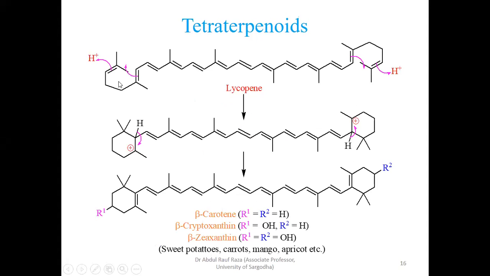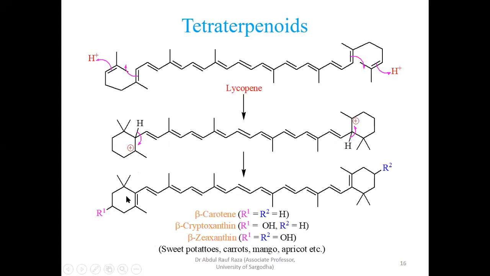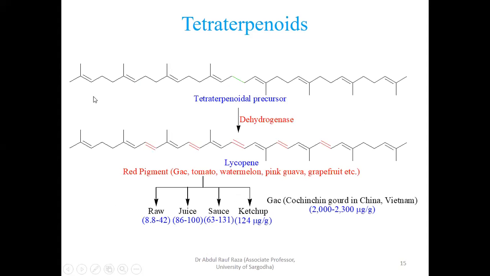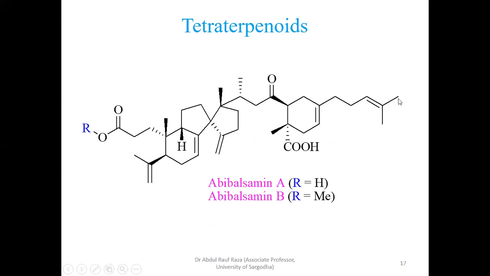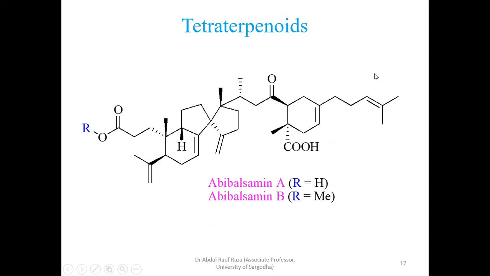Lycopene further undergoes terminal position ring formation to form natural products. Now you see, if further cyclization takes place, look at that. This is a very complicated structure. This is one terminal side, and this is the other terminal side. The terminal position is this ring, and the other terminal position is this ring. Now look here, this is the same one, CH2, CH2 present. If you remember here, CH2, CH2. It means this part is not participating here. So which is here, this one.